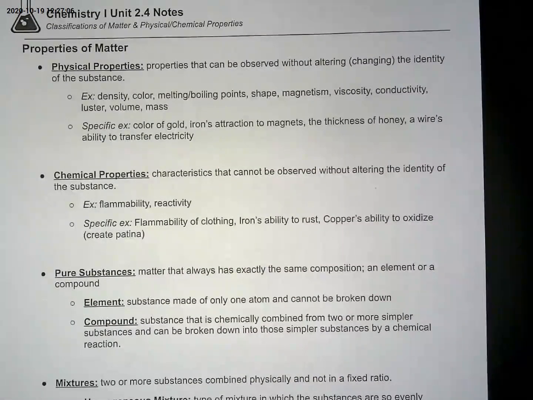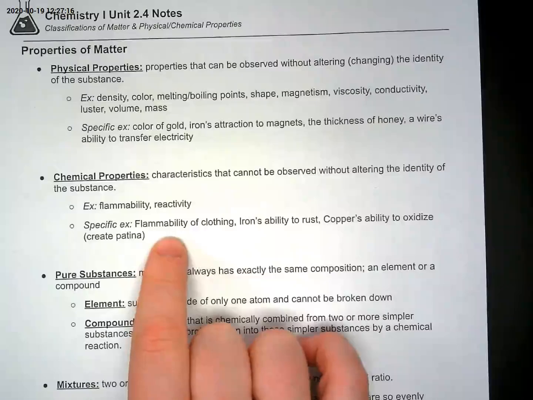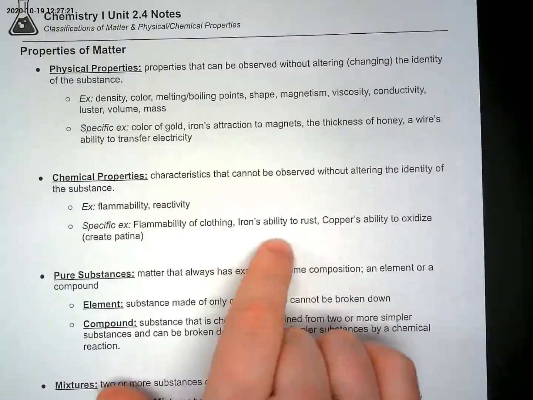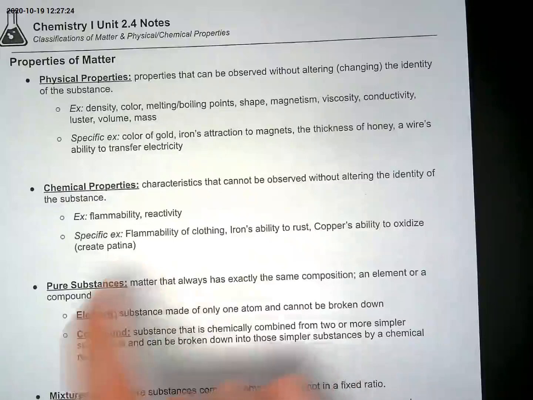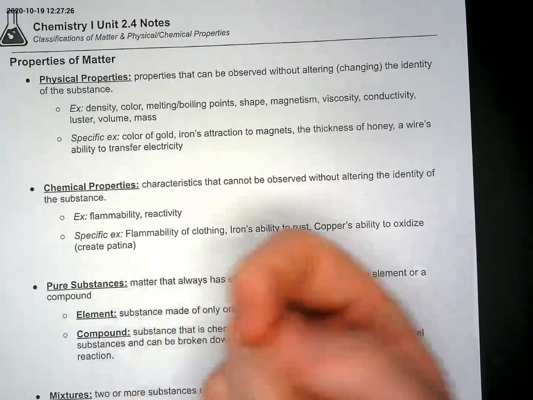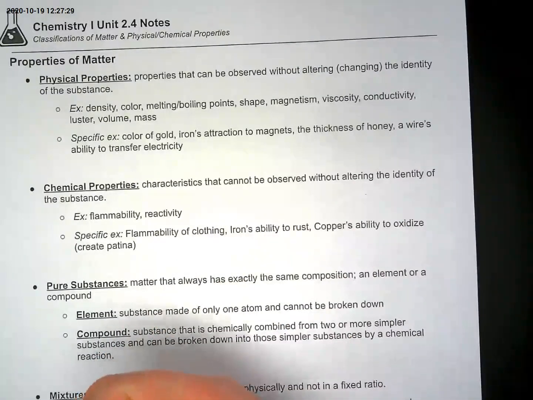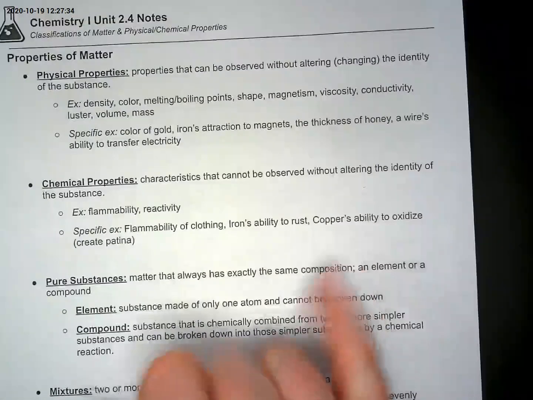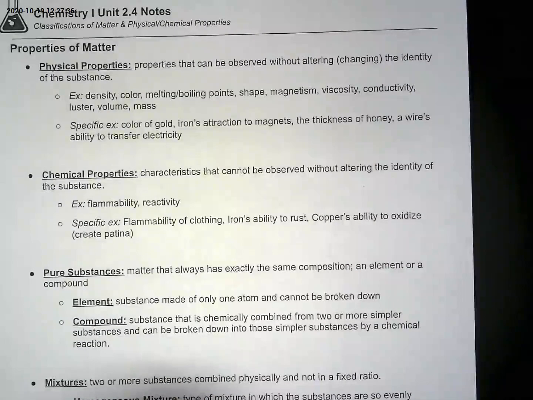Chemical properties are properties that cannot be observed without altering the identity of the substance. Okay, so as a specific example, it's flammability of clothing, iron's ability to rust, copper's ability to oxidize. So copper will create that patina that's mentioned here. Well, I guess it is copper that we're talking about. Sorry, copper. So when water and more specifically oxygen bonds to copper, it goes from that classic,